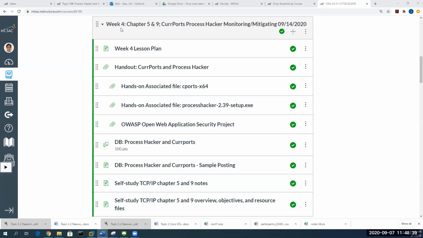We look at week number 4 for the CurrPorts and Process Hacker to monitor and mitigate the attack. So these are 3 files: the hands-on associated files, CurrPorts x64, and the Process Hacker 2.39